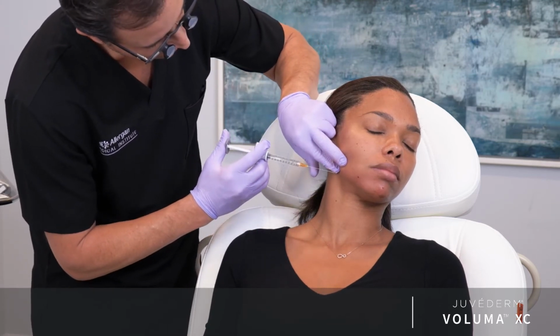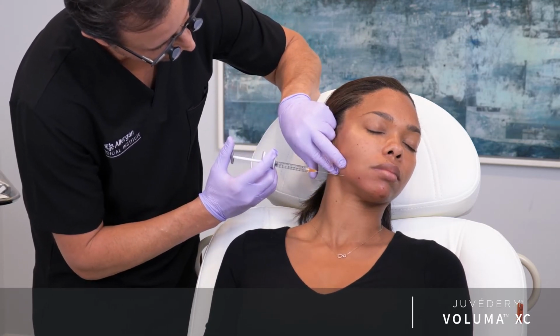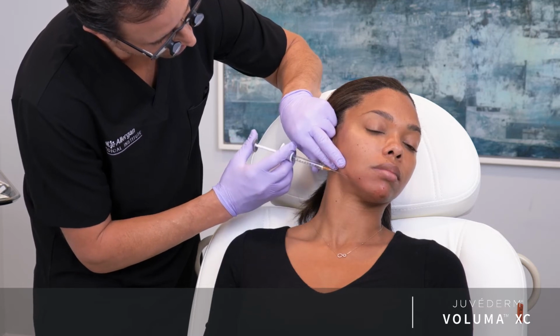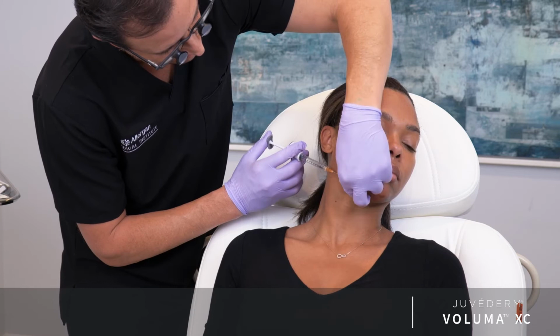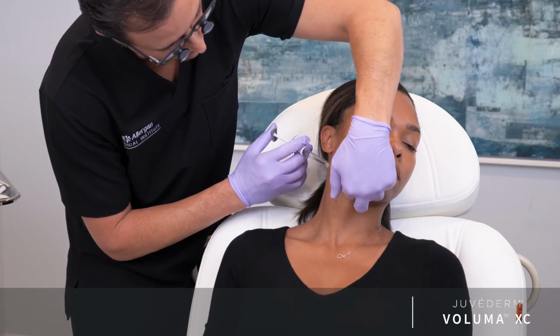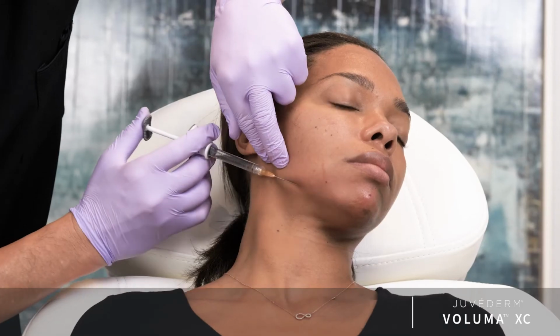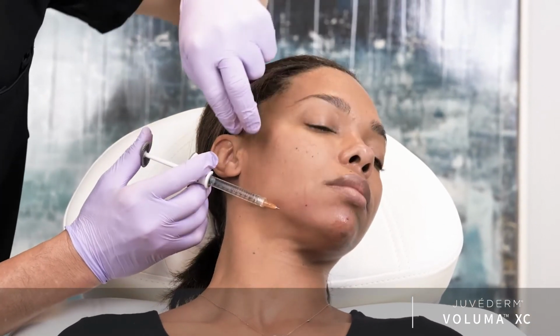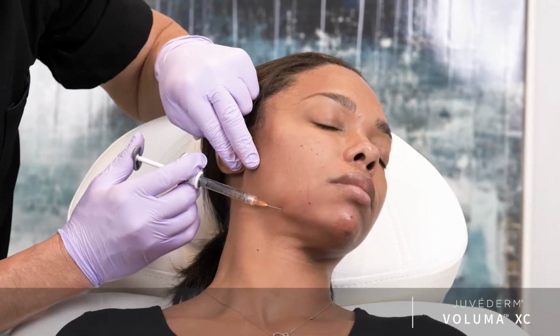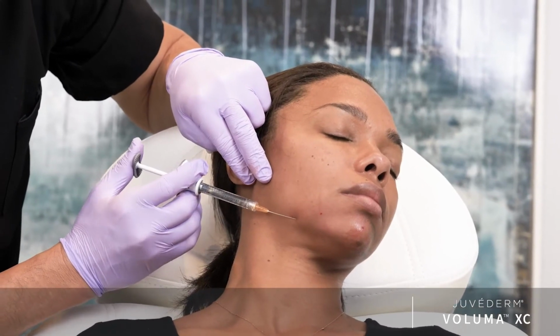We use a little counter traction here. Pass the needle through the entry point. I use my non-injecting hand to feel the inferior border of the mandible. I advance the blunt cannula along the inferior border of the mandible and inject in a linear thread technique in a retrograde fashion